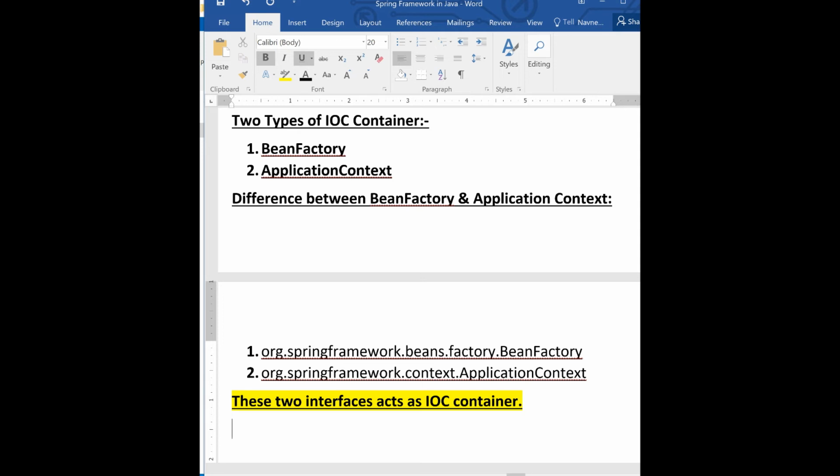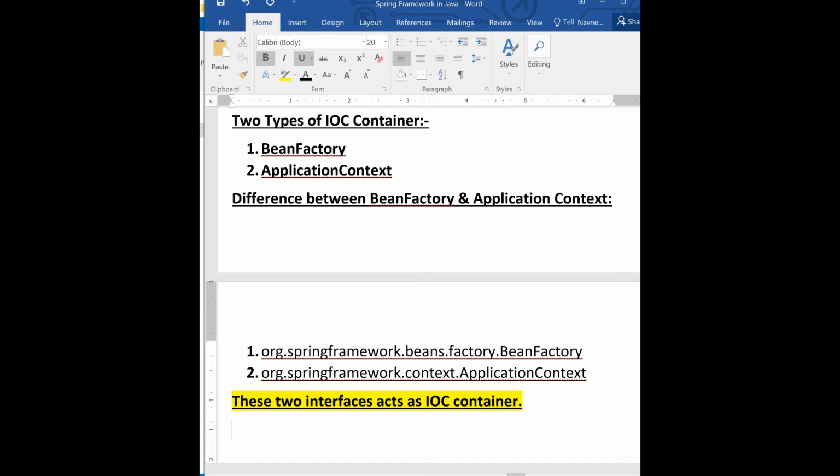BeanFactory is a very basic IOC container, but ApplicationContext has some extra functionality compared to BeanFactory, like simple integration with Spring AOP, message resource handling, I18N, and some event propagation features.